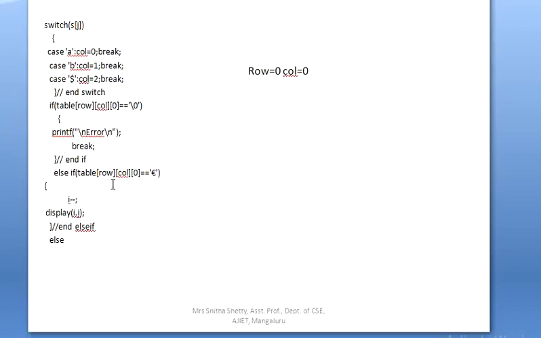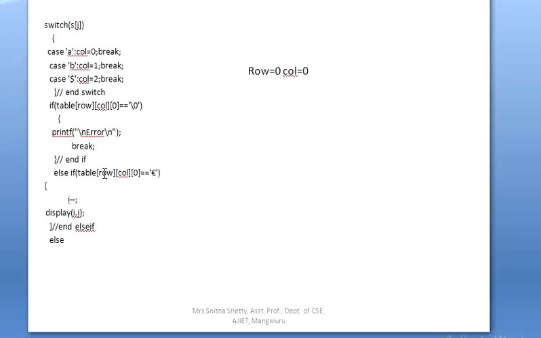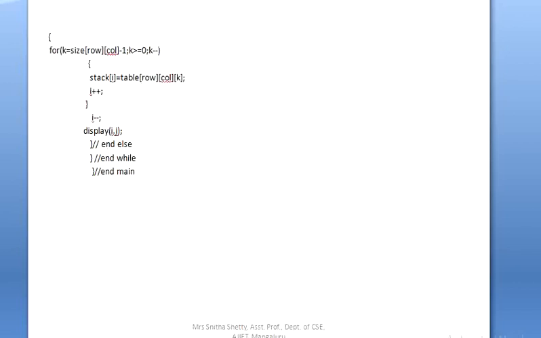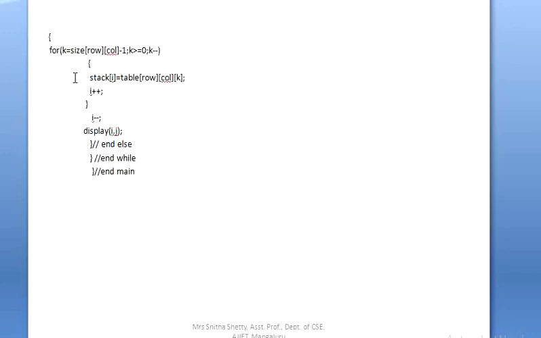Else, if table 0 0 0 is absolute. So whether this table 0 0 0 is absolute? No. So once again, not going to that part. I am not going here. It is not absolute. So otherwise what you should do is, see here, first table 0 is not null, so I am not executing this. Else if I am not executing this, else what? Else for k equal to. So I need to execute this part, because if it's not satisfied, else is also not satisfied. Now I am going for the else part.